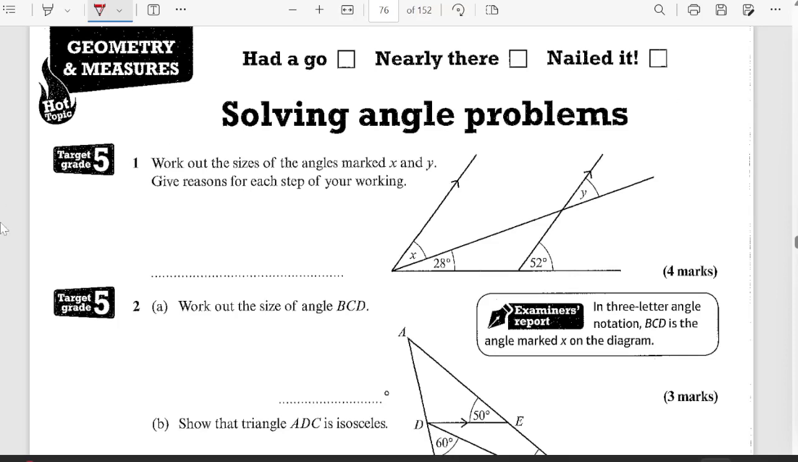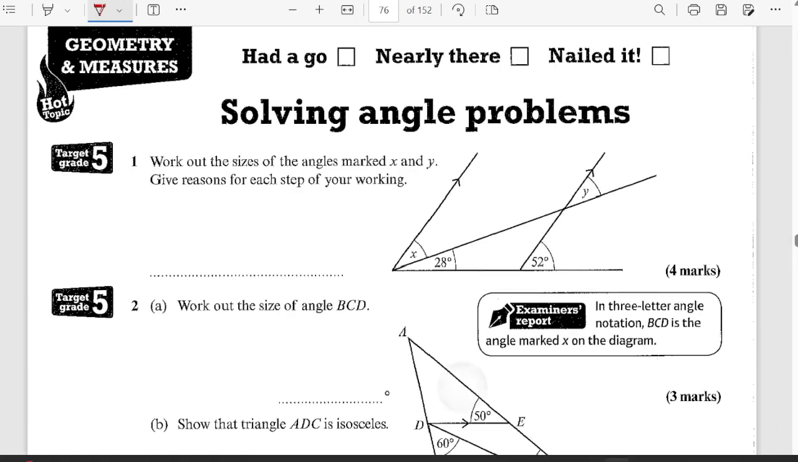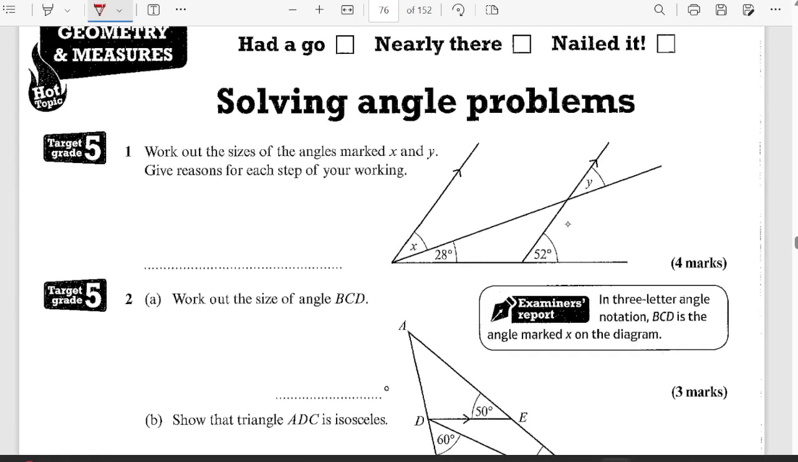This section is looking at the higher tier revision workbook from Edexcel, and we're looking at section 74, which is solving angle problems. Okay, so question 1, work out the size of the angle marked with X and Y, give a reason for each step of your working. Okay, so I'm going to start with X. So I'm going to say that this angle here